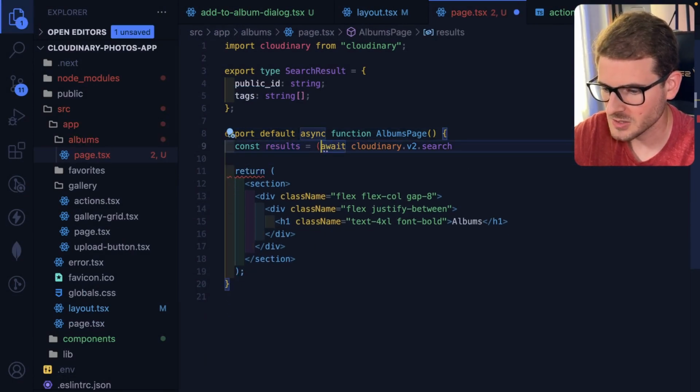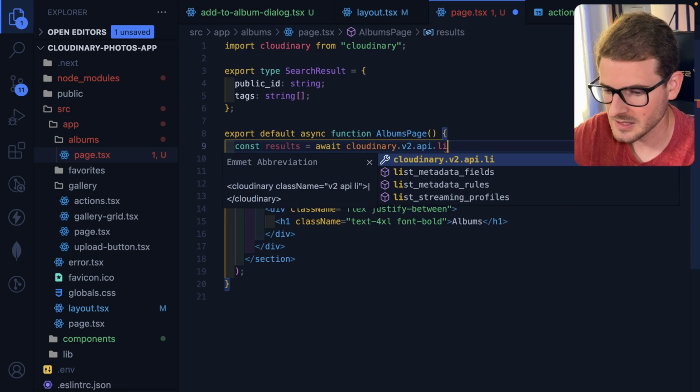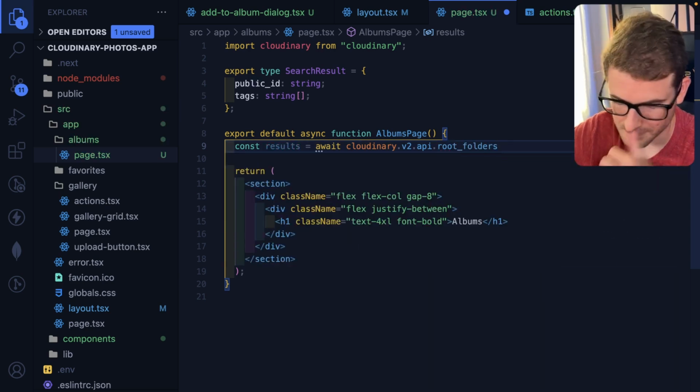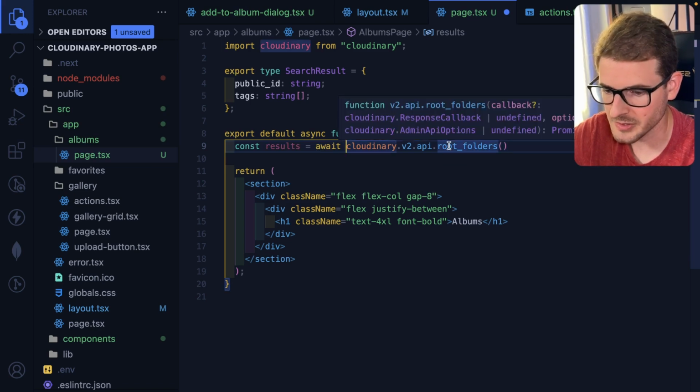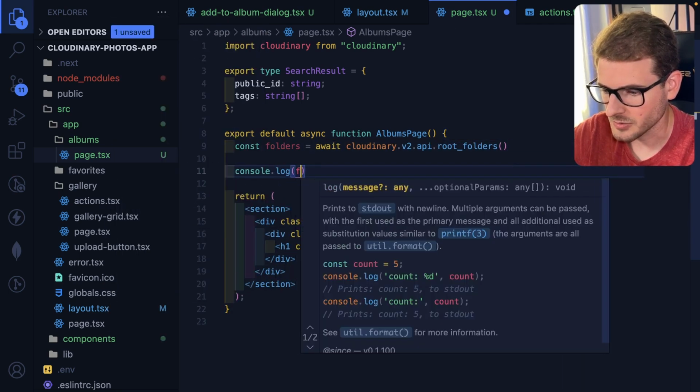I'm just going to go ahead and play with TypeScript. Typically, TypeScript will help you out. I'll do API, I will say list. No, there are folders, root folders. Here we go. I think if you just call root folders, that'll actually return you a list of all folders. So I'm going to list out those folders real quick